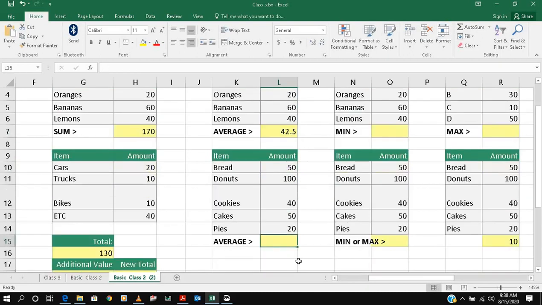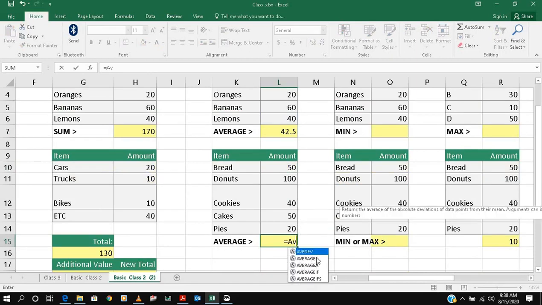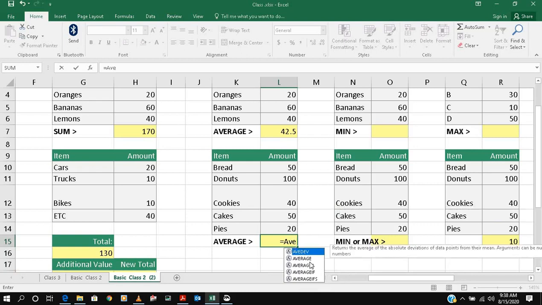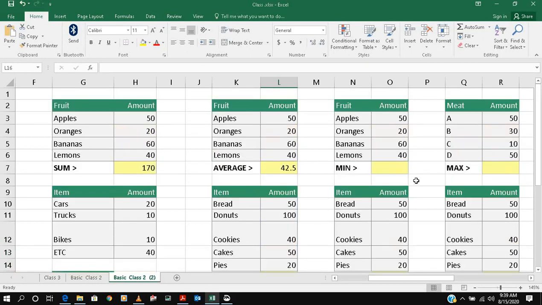And the beauty of Excel is that once you type AV, it will give you suggestions, so no need to remember all those things. Average will be AVERAGE, you see, it gives it automatically. You just type and put the range, so 52 will be the average. It's simple. You may think it's complicated, but it's simple. That's why we started from the basics. Once you go through this full tutorial, you will surely be an Excel master, whether in office, home, or wherever.